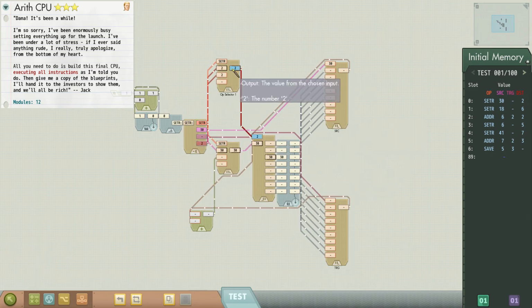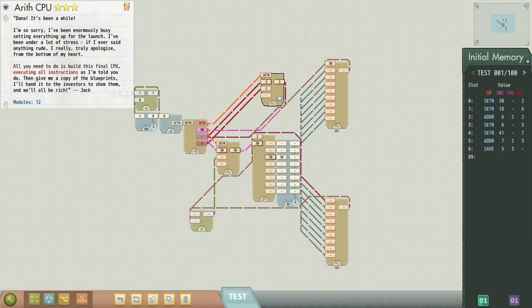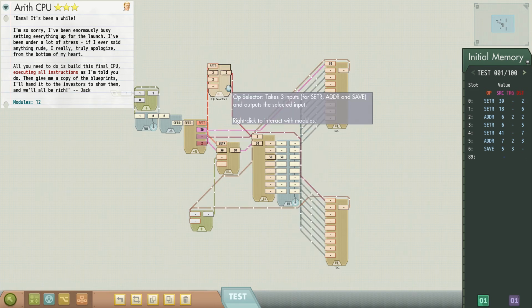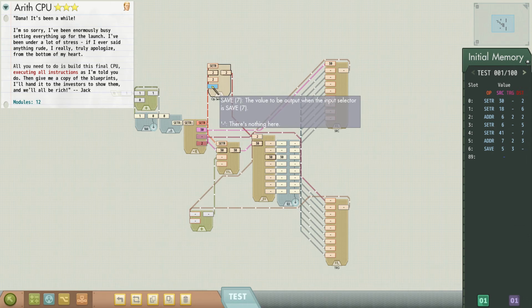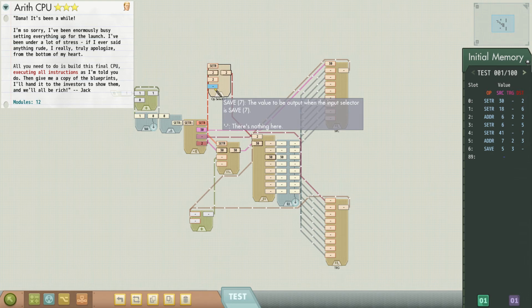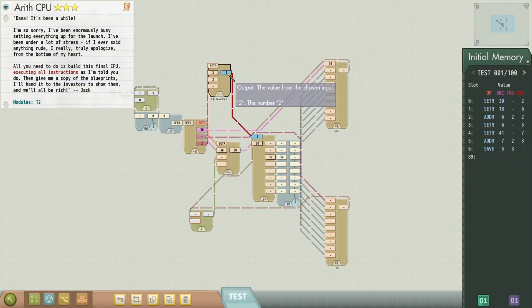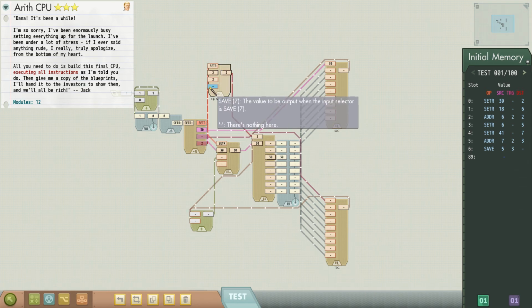But okay, so this is, what in fact is it? I don't know. It's the register we want to write to, anyway. And in the case of a save instruction, it's empty, and that's fine, right? We just won't save anything. We won't write to any registers. But we actually, in the case of save,